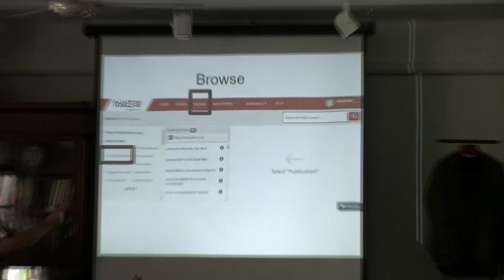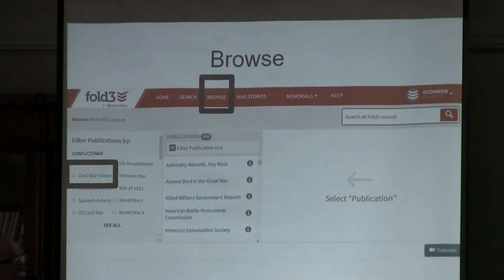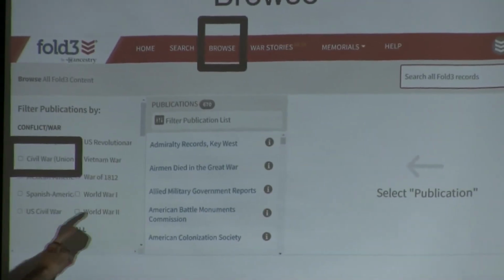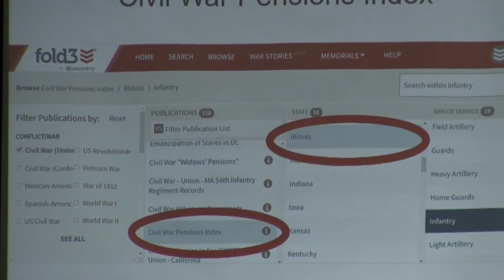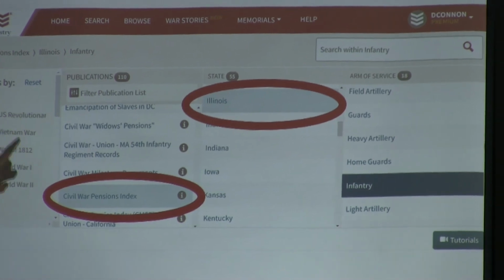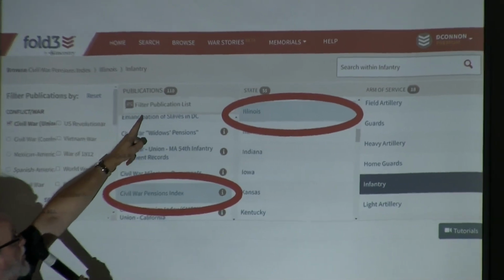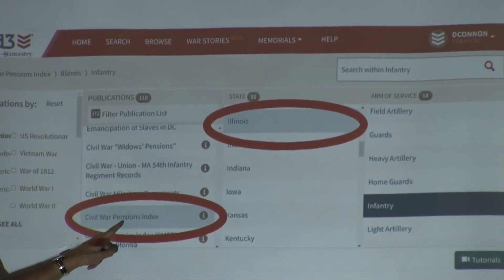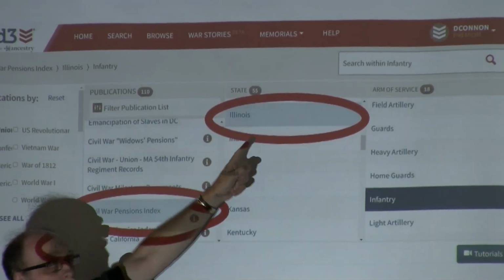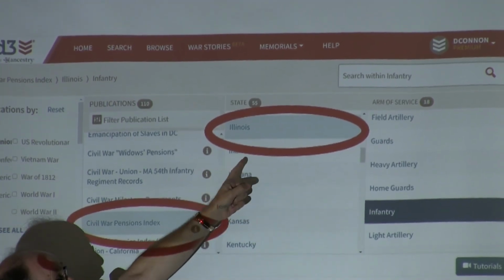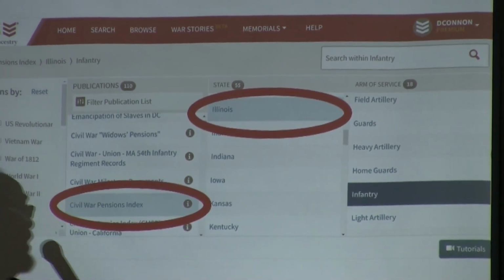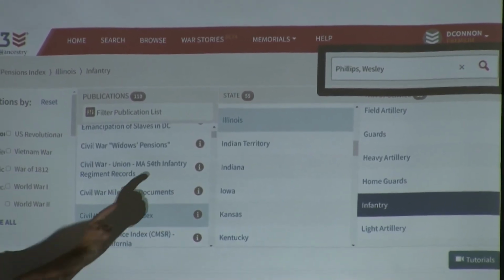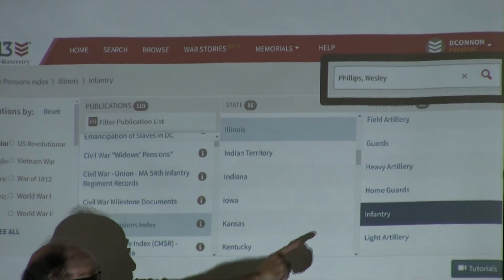Okay, let's go back to browse. Under Civil War Union, that's the portal, the entryway to start finding Union records on fold3.com. Regarding Civil War Pensions Index, Civil War Union, filter publication list, Civil War Pensions Index. My great-great-grandfather was from Illinois, so I clicked on Illinois, and infantry, he was in an infantry regiment. Typed in his name, Wesley Phillips,